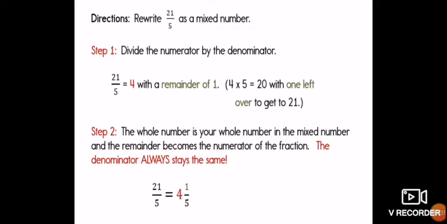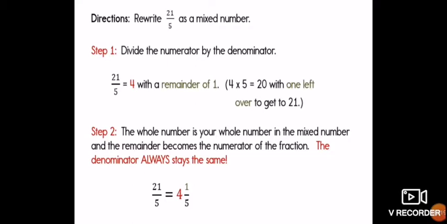Now the quotient is the whole number in the mixed number, and the remainder becomes the numerator of the fraction. That means the quotient will become the whole part in the number, and the remainder will represent the numerator of the proper fraction, which is the other part of the improper fraction. Fine. And the simple way to remember it: quotient is the whole, then remainder upon divisor. So that will be the way to remember it.